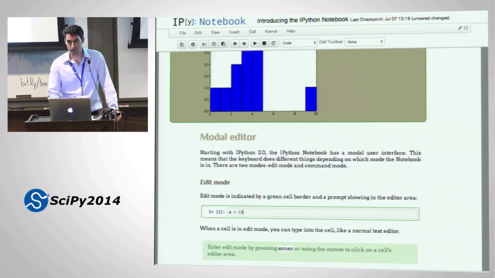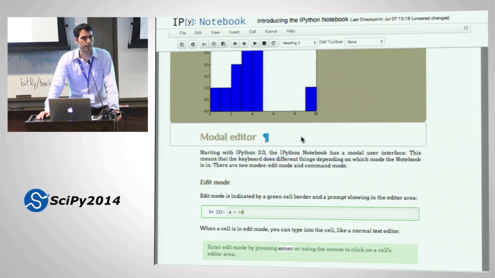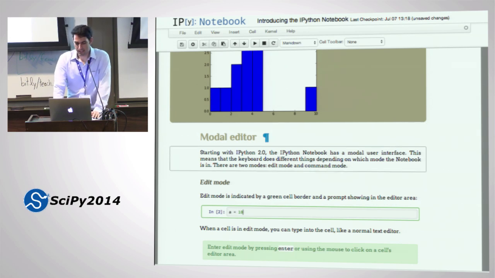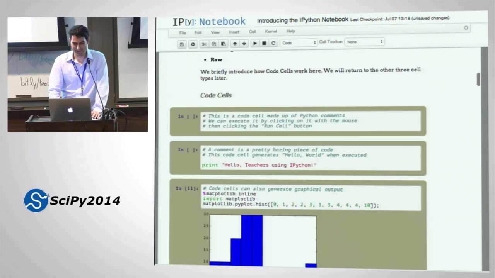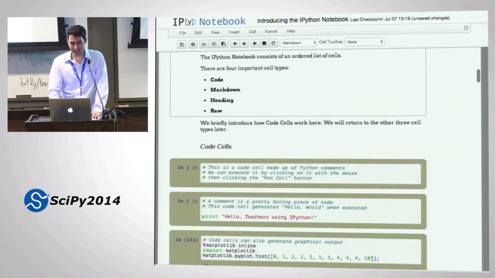Okay, so now we're getting into the modal editor, and we're going to stop using our mice, and we're going to be Unix command line hackers for the next 5 minutes. Who wants to be a Unix command line hacker? Who's ready to run? Okay, so I'm going to do my best, and if I get stuck, Brian's going to come rescue me, or Fernando, or Min. Somebody will come. I'll start waving my hands and flailing.